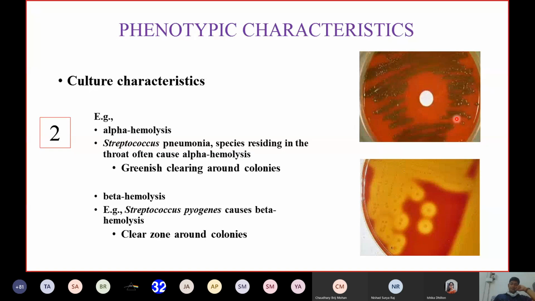These are the possibilities. Here if we see colonies on a blood agar giving a clear halo, or beta hemolytic, then it could be beta hemolytic streptococci, it could be Staphylococcus aureus or any other bacteria with beta hemolytic property. Sometimes even Pseudomonas can give beta hemolytic property. So this is how we can use cultural characteristics to identify the organism.